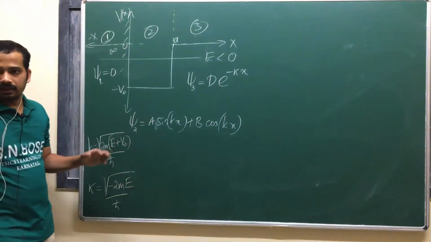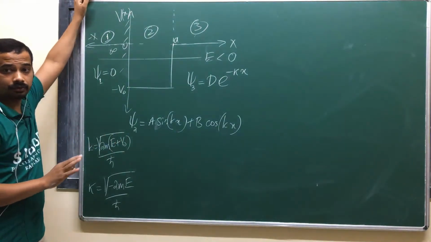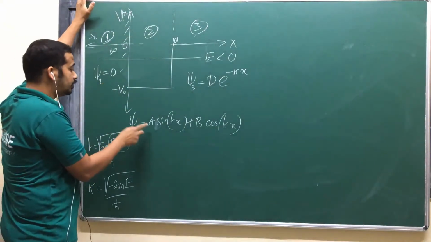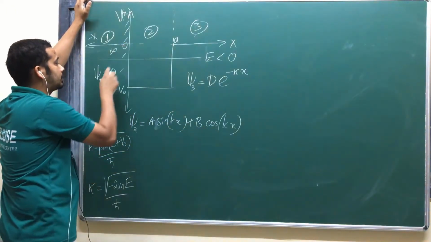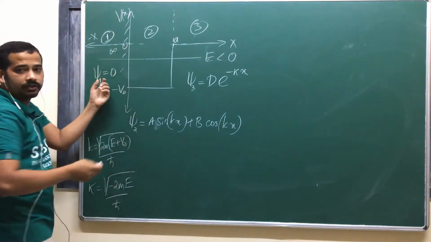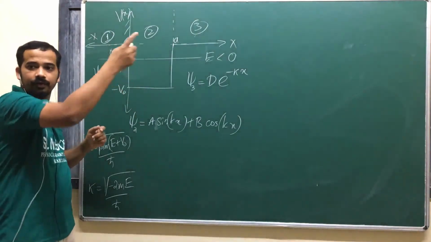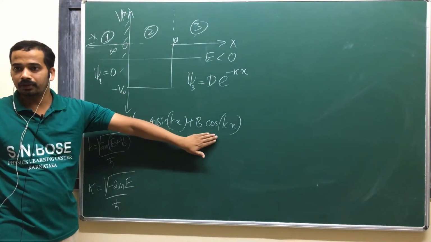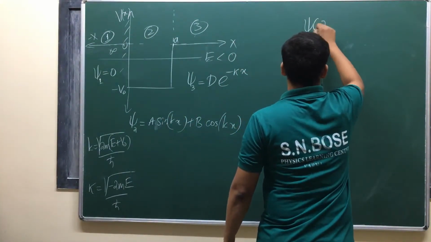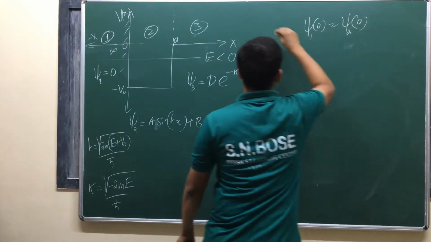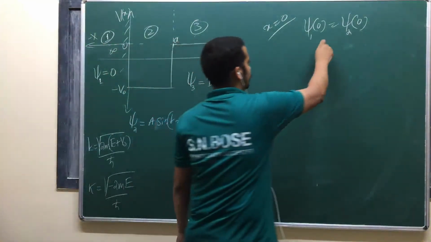Now, I'll make it very simple. The wave function should always be continuous, whatever the situation you take. That continuity requires that, look here: if you have a cos term, that cos term will not go to 0 at x equal to 0. When x is less than 0 it is 0, so at x equal to 0 or just greater than 0 it should start from 0. This cos is not allowing that to happen. Or you just apply psi 1 of 0 is equal to psi 2 of 0, continuity of the wave function at x equal to 0. That will give you B equal to 0.